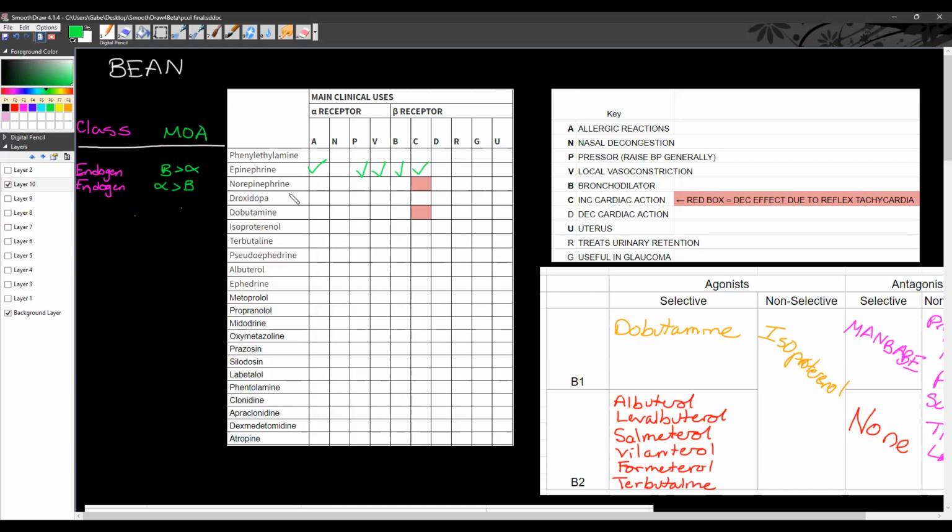Looking at norepi, which is mainly alpha, can norepi be used, let's say, as a pressor? Can we use norepi as a pressor? 100%. Will norepinephrine increase cardiac action? Yeah, it will. Why? Because what's going to end up happening is that we're going to